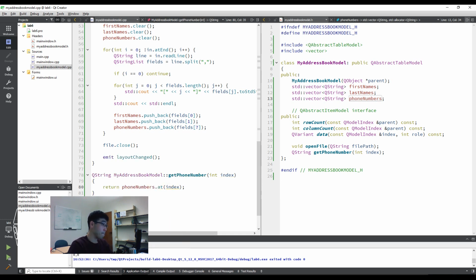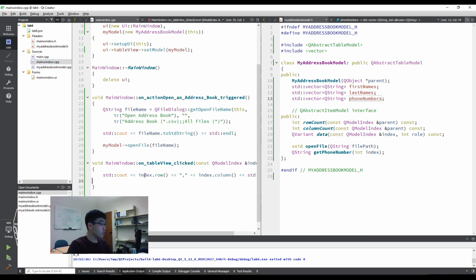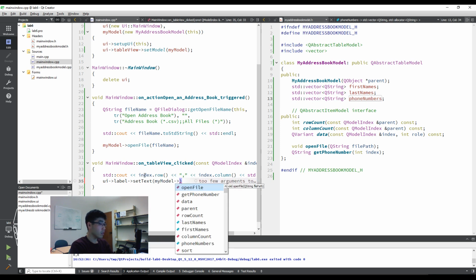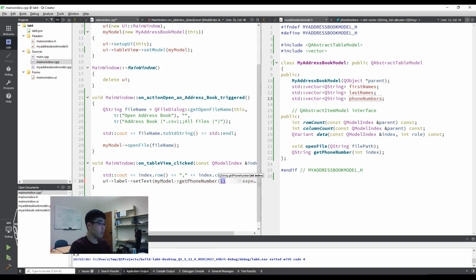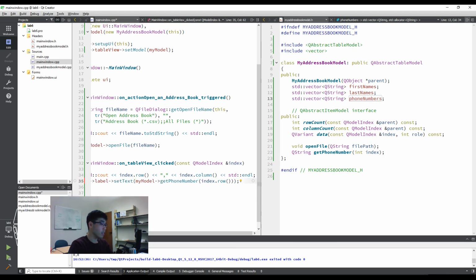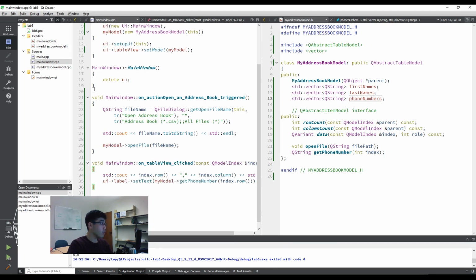That's it, right? And then in main window, like ui label setText, and is it my model? What is it? getPhoneNumber and index.row, like this. And then you will see, depending on your click,